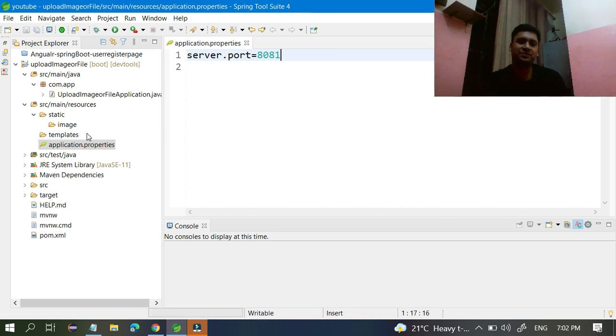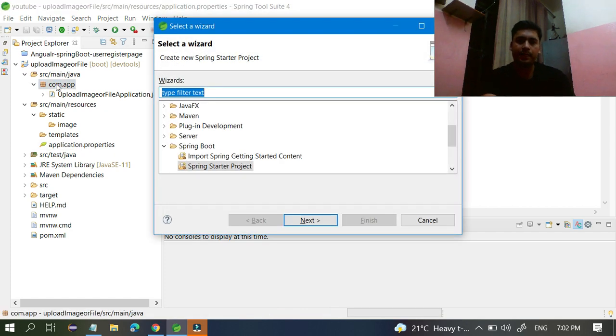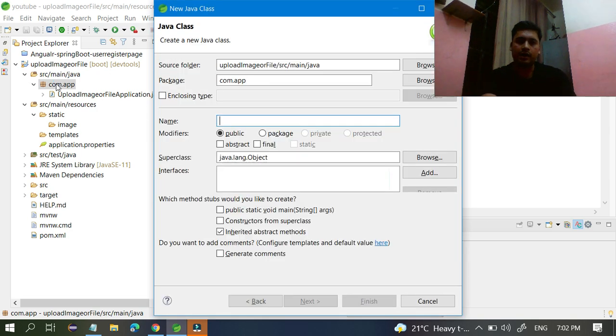Now I want to create one controller. Just take a class and give the package name as controllers. Here you can give the name ImageUploadController.